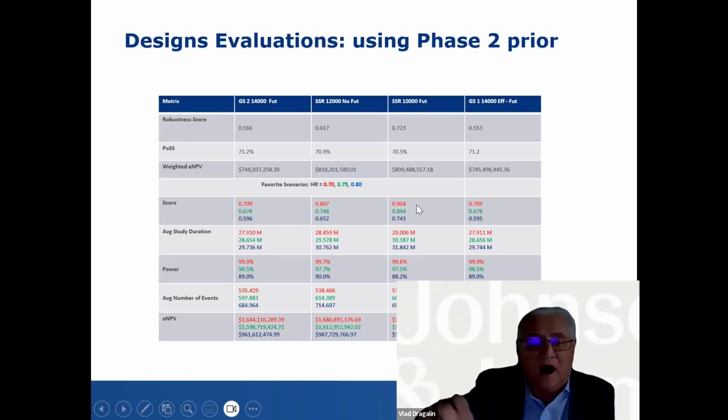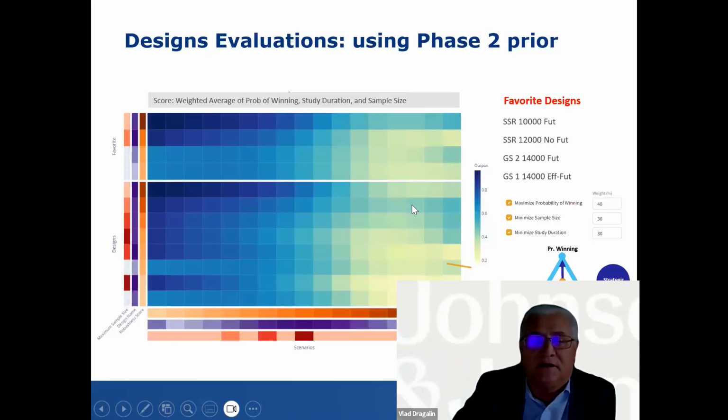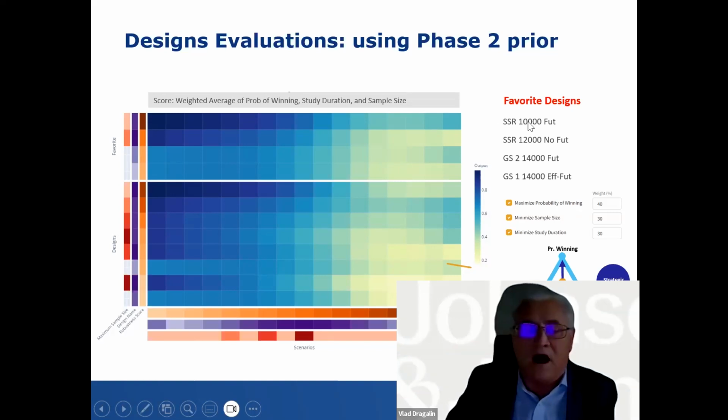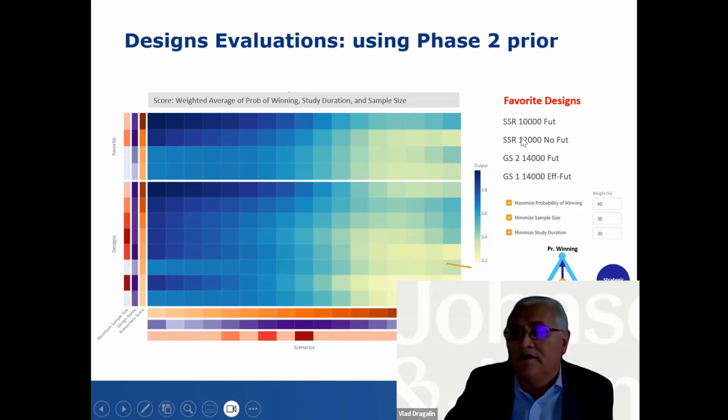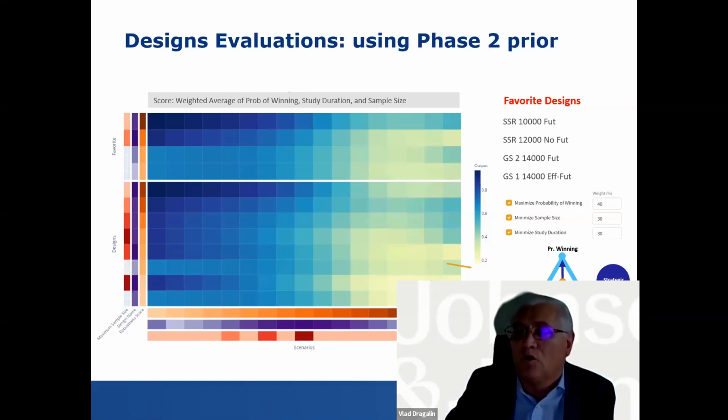Okay, so here is, in a table format, the simulation of these 4 potential designs that have been highlighted, and they are illustrated here on the top. You see it's called favorites. After doing exploration, I pick up the favorite designs, and they are described here. Sample size estimation, planning upfront to enroll 10,000 subjects and have a futility. The second one, which is coming next in the robustness score, is you plan for 12,000 subjects to enroll. You have sample size estimation. You can go up to